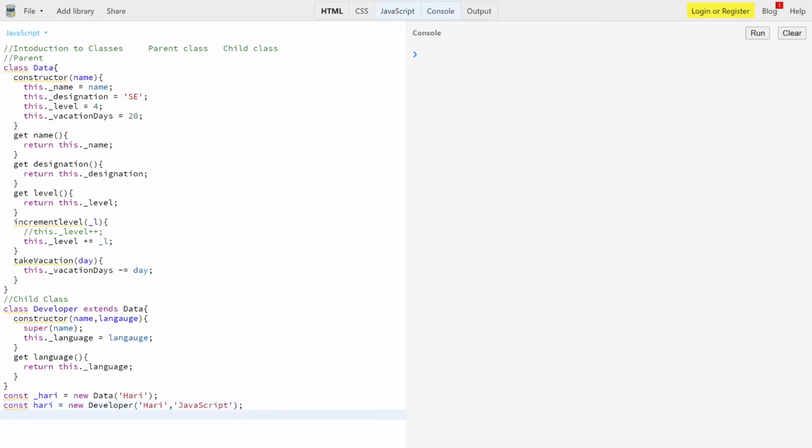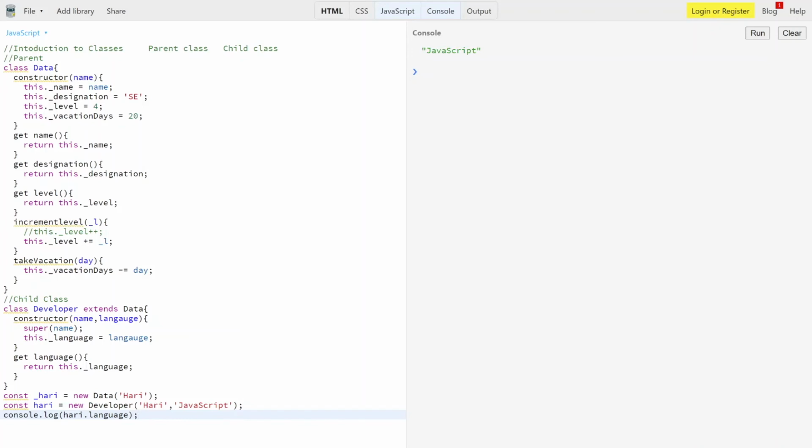Okay, so we have to print console.log over here, and inside the console.log I'm printing hurry.language and then printing it out.